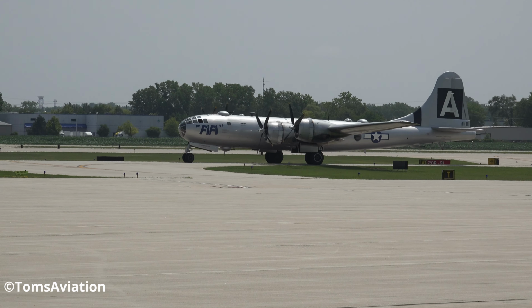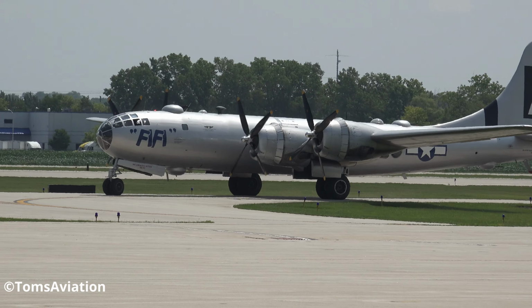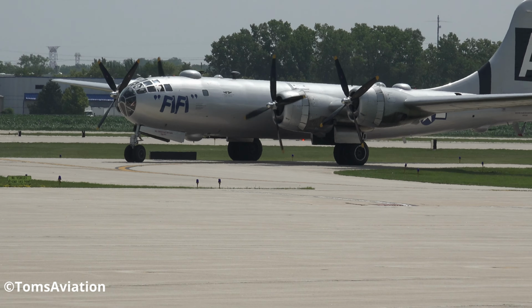And then any emergency responder, fire department, police department, and everybody else. So we try to do it in an organized fashion to start the